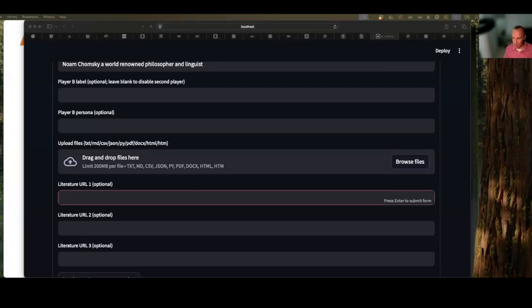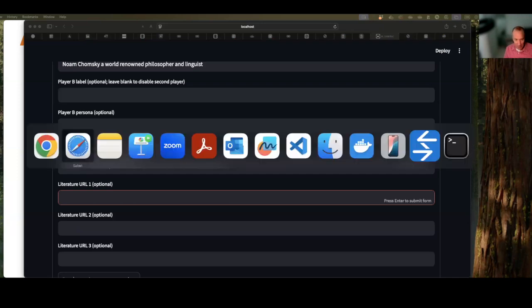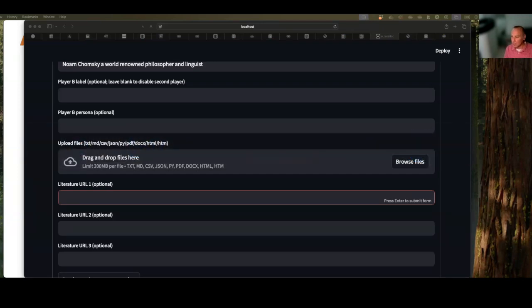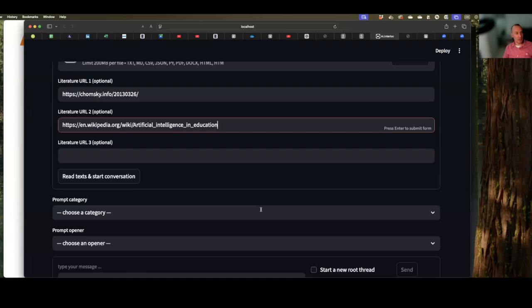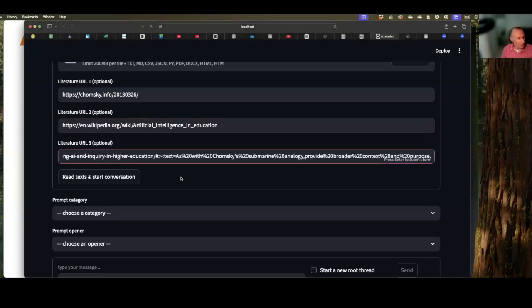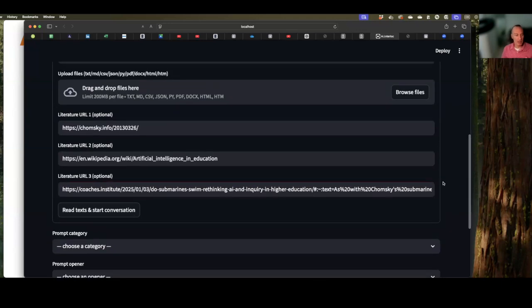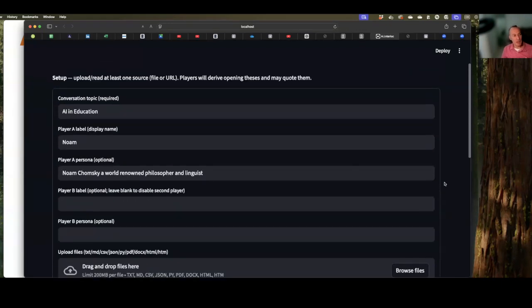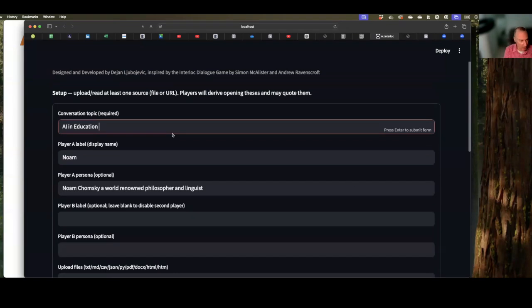files. I've got some prepared here. I've got a particular resource here from Chomsky. I have another one here. This is early days, and these are some Wikipedia entries, and I'm going to try this final one. This one is completely untested. Hopefully this will work. So now I've got my three sources for my discussion on AI in education